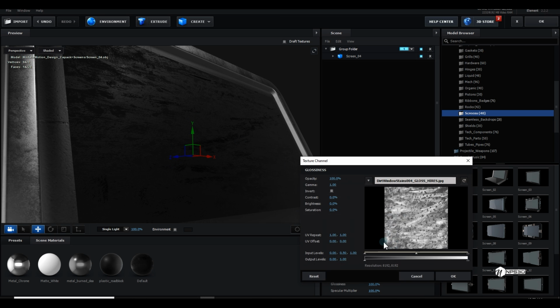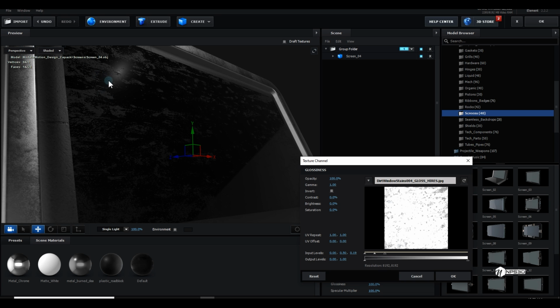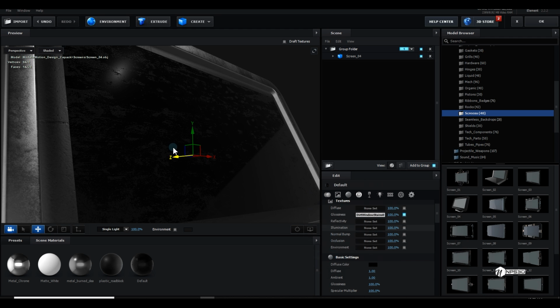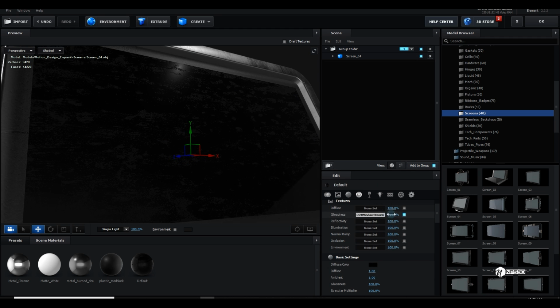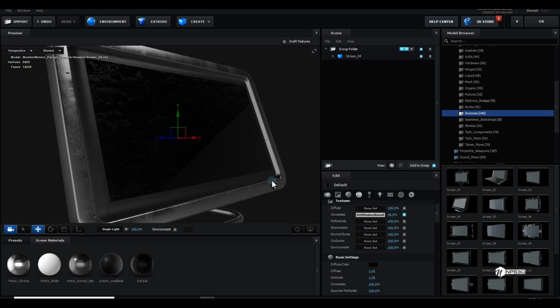And then I can just come over here and try to focus here. I want to create some little patches, and I will bring the glossiness down to around maybe 45, which looks good to me.